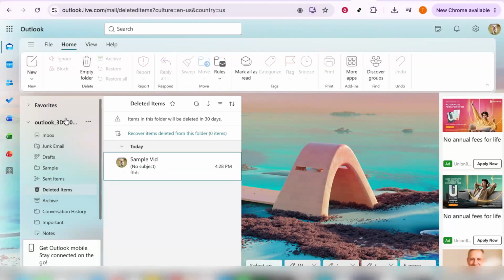In today's video, I'm going to teach you how to restore deleted items in Outlook. If you've accidentally deleted an email and need to bring it back, Outlook makes the process very simple. As long as the item is still in your deleted items folder, you can restore it in just a few clicks. I'll walk you through exactly what to do so you can recover the message quickly and get it back